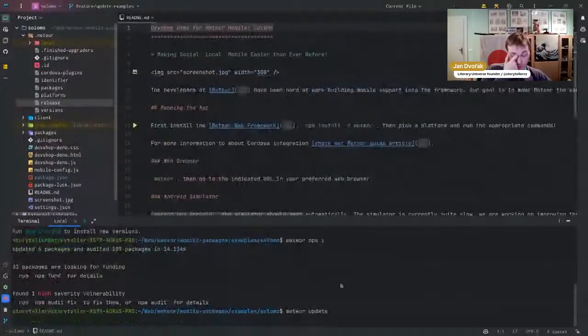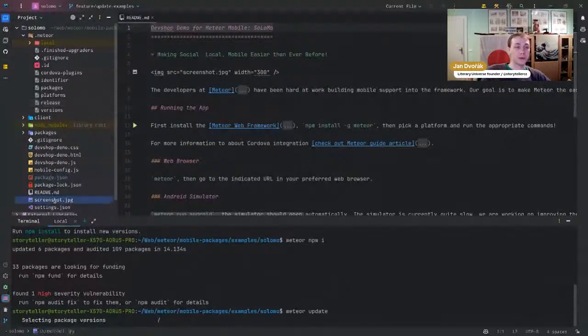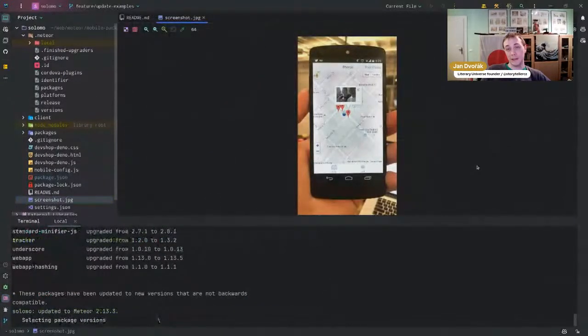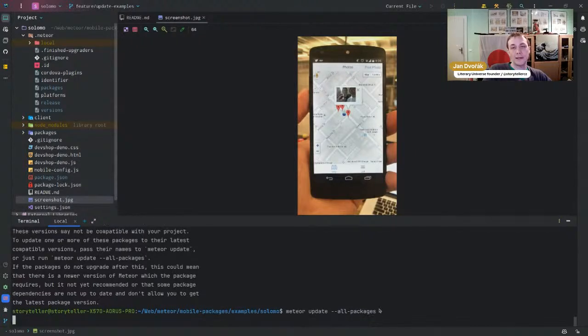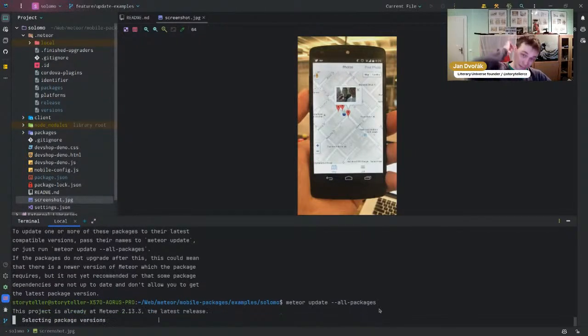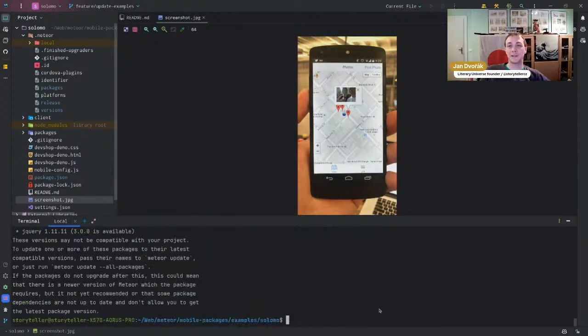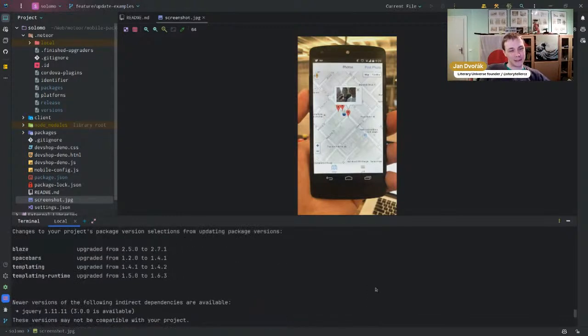Let's just do the Meteor update, and we will see how far we go. Here is the screenshot. So this is how it ultimately looks like. It was one of the original examples of using Meteor, especially for Cordova. So it was very simple, and